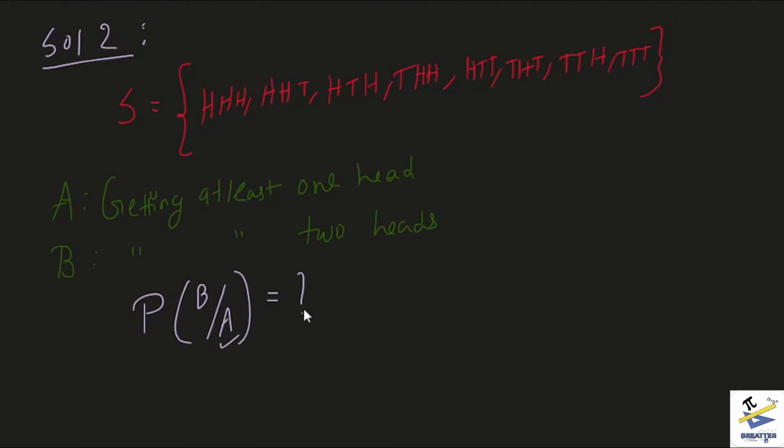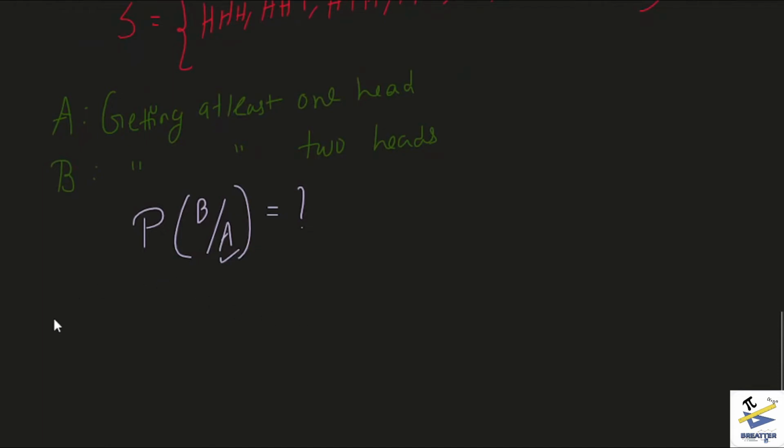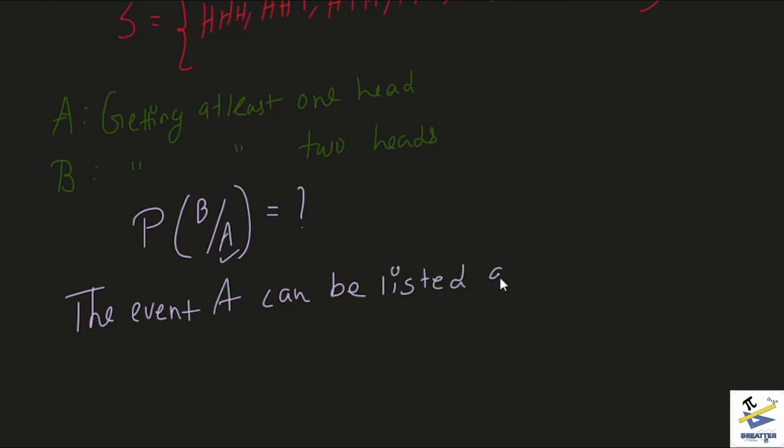So how to find A as your sample space? First we need to list the event A. So the event A can be listed as follows. Now the event A basically here is, we just use the curly brackets and getting at least one head,